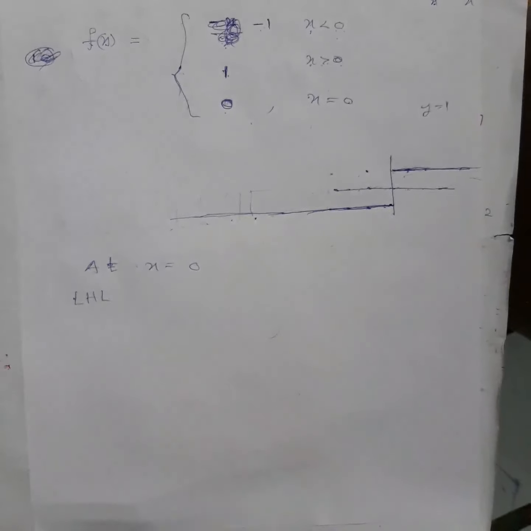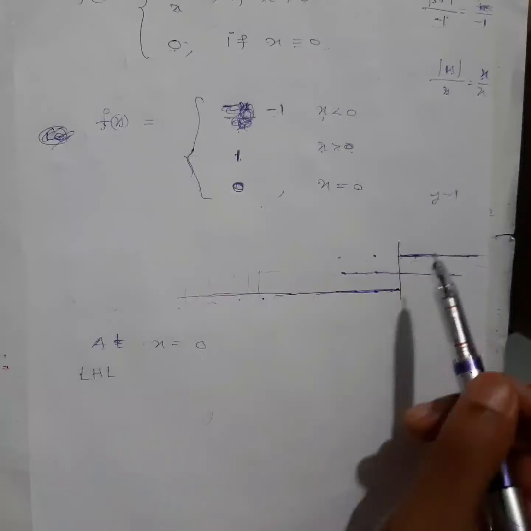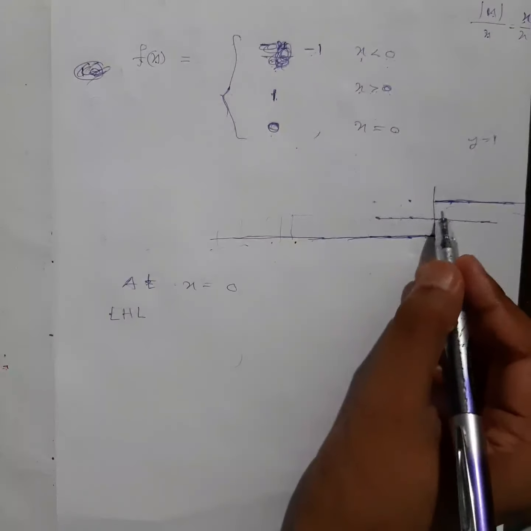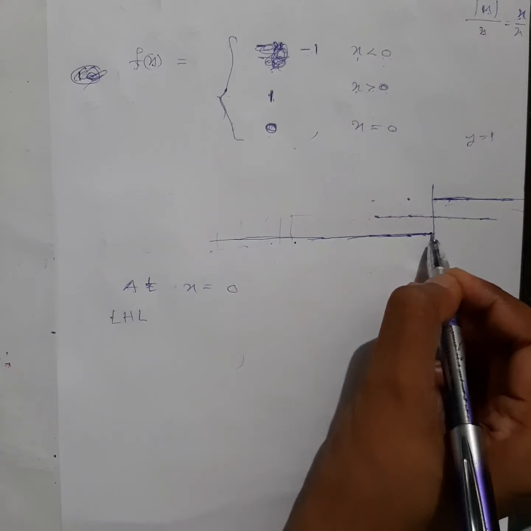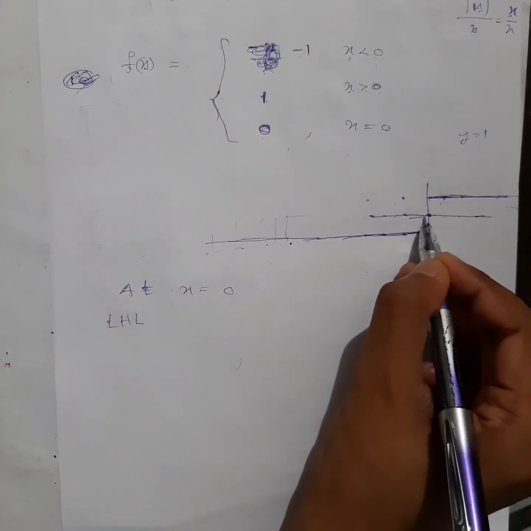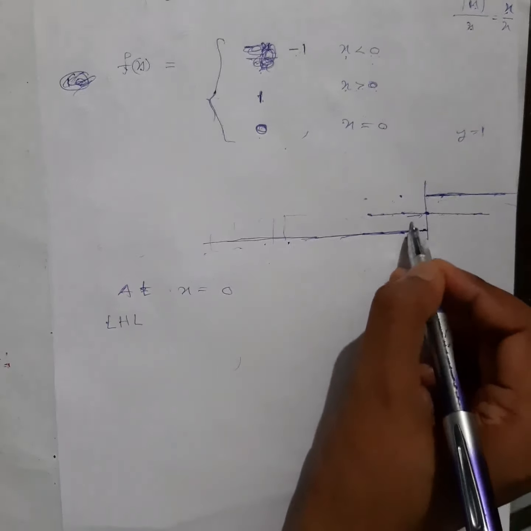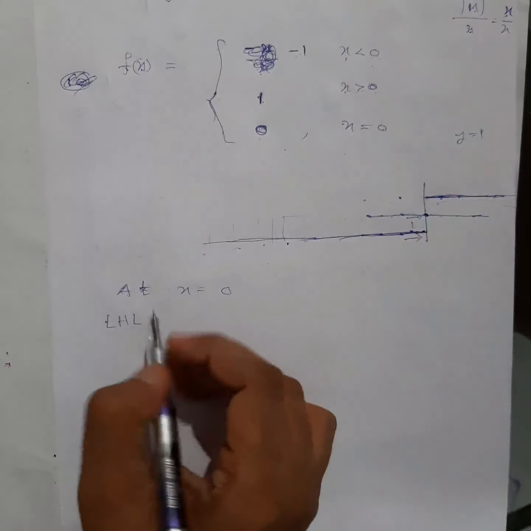So we know that this will be continuous, this will be continuous. You don't have to mention it here, because what is the question? They have just asked you to find the point of discontinuity. What is it? 0. So how will we show that? We will show it like this. As you approach towards 0 from the left, this is your x equal to 0, right? From the left, as you approach towards 0, your function will approach towards 1, right? This is your f(x). I will find it out here only.